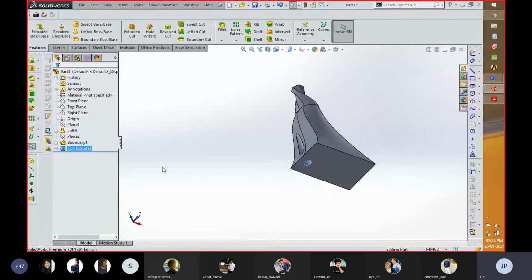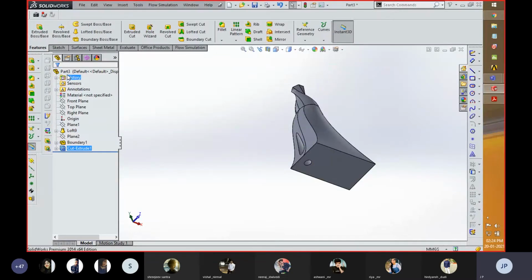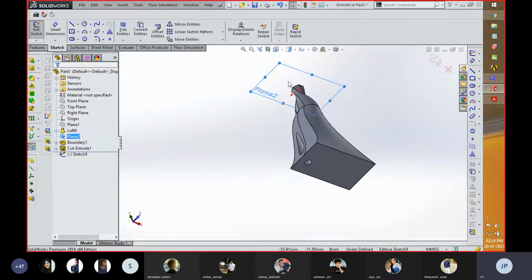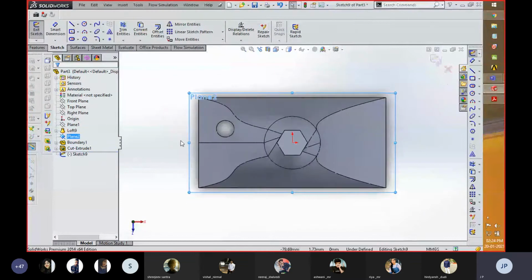Other thing is that with respect to this, I am talking that up to surface. So that can be used for adding a material or removing a material. That can be used for both purpose. Okay. For that thing, what I am going to do, I am going to add a material, and so we have a plane over here. I am going to create a sketch over here to showcase you how this can be performed.